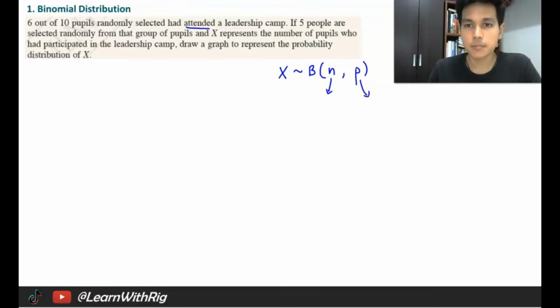P is the probability of success. In this case, X represents the number of people who participated in the leadership camp. So P, the probability of success, must be the probability of people who had participated in the leadership camp, which you can find from here. They told you 6 out of 10 pupils had attended a leadership camp. So that means they participated, right? So in other words, the probability here is 6 out of 10, or you can say